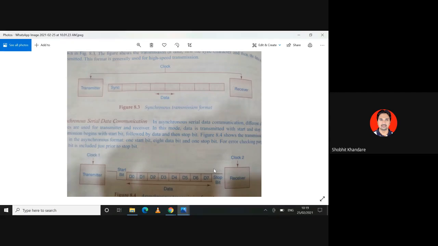Full stop. The baud rate is the reciprocal of the time to send one bit. You will agree with this. If I take the reciprocal of the time it takes to send one bit, then you will understand how many bits I am sending in 1 second, and that is the definition of a baud rate. So, the number of bits transmitted per second.